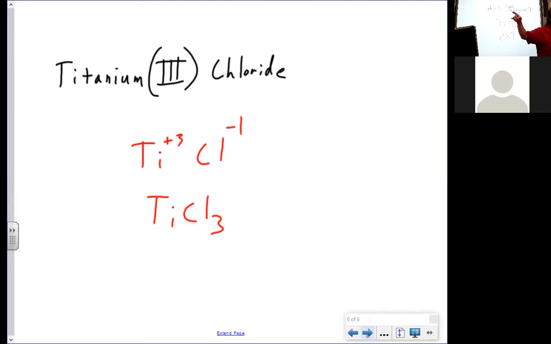Can there be like a titanium 4? Absolutely. That's why they're called transition elements. What does transition mean? Change. They can change. So if you had titanium 4 chloride,